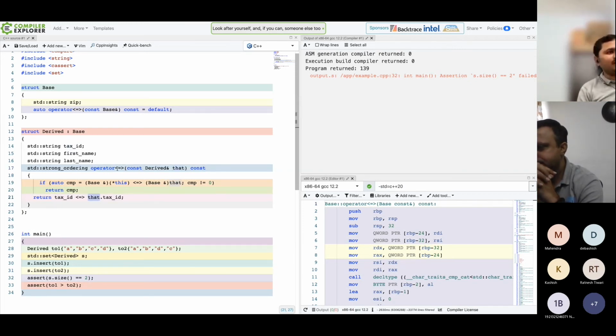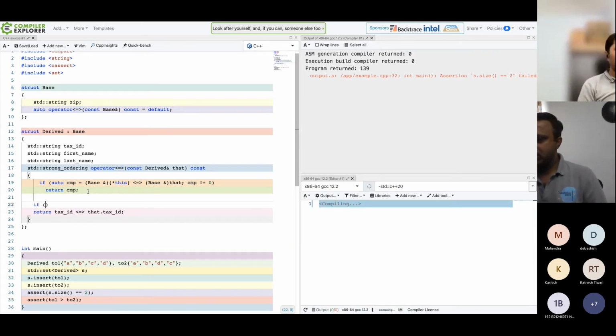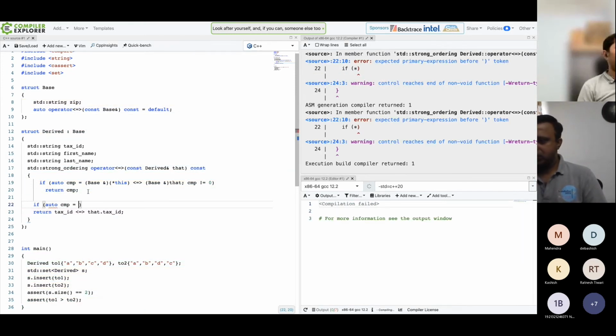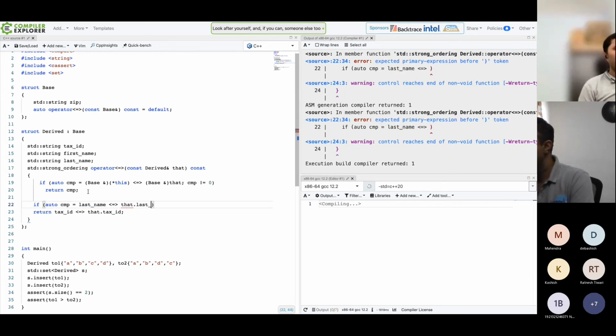So if you see, when I'm writing this comparison, what I am using is the spaceship operator. Basically I'm not using less than, greater than, anything like that. What I am using is the spaceship operator defined for the other types. So let's say for example I have done it for the base. Now after base, I want to compare the last name. So what I can do is basically last name spaceship operator, and order doesn't matter here, right? That dot last name. And what I am